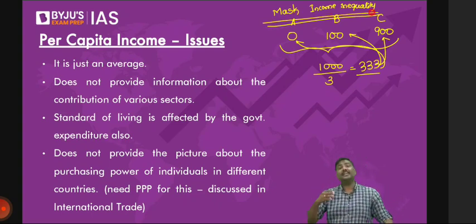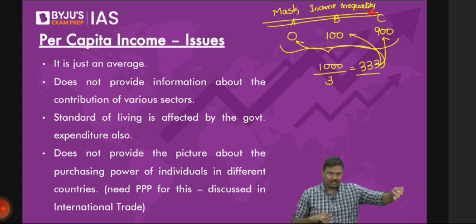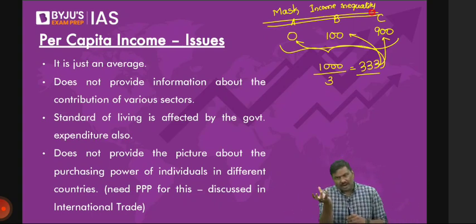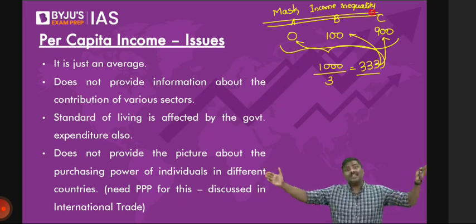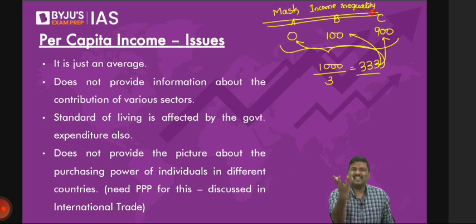Wherein in the last 2 years, thanks to the pandemic of course, we have seen a small part of the population start earning a huge amount of income. They have earned huge amounts of income, whereas a large part of the population is earning peanuts in India. Very, very small amounts of earnings. But per capita income doesn't disclose that. It doesn't give you away that information.